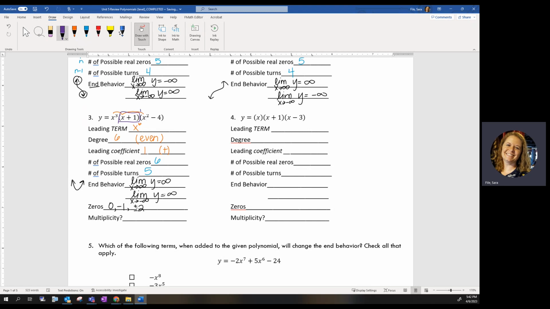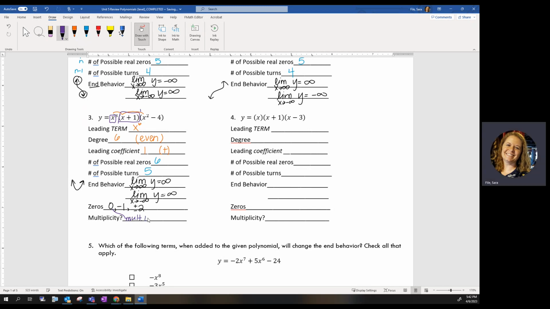That's why we got plus or minus. We got 2 solutions because we got rid of the square. But this one, this factor, x, is cubed. That means it has a multiplicity of 3. So the 0